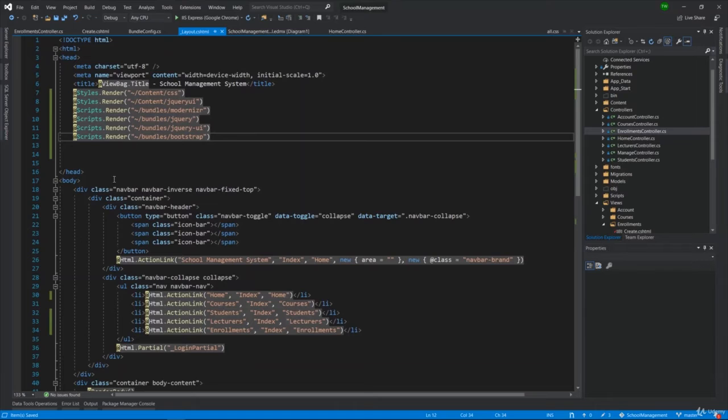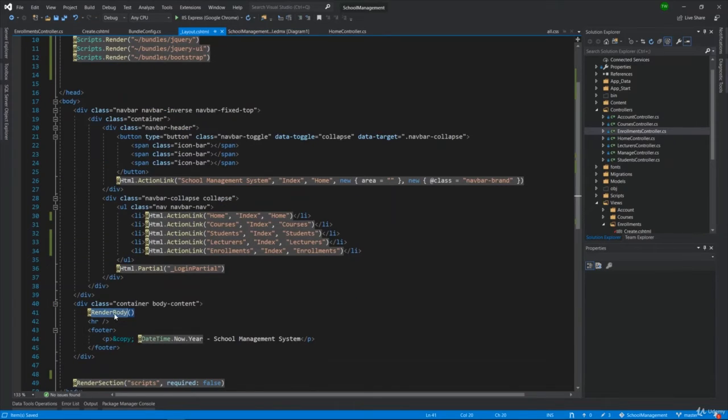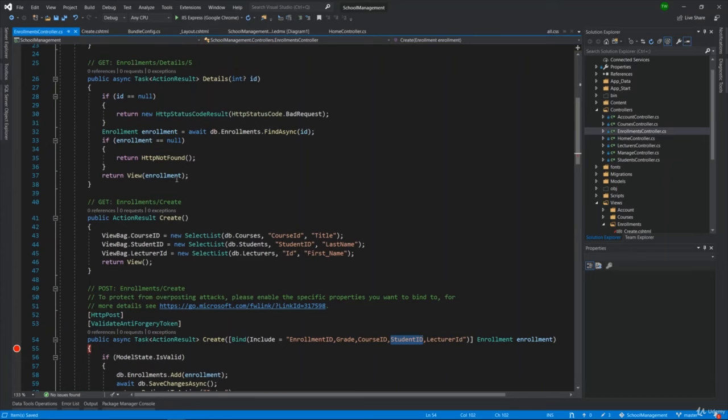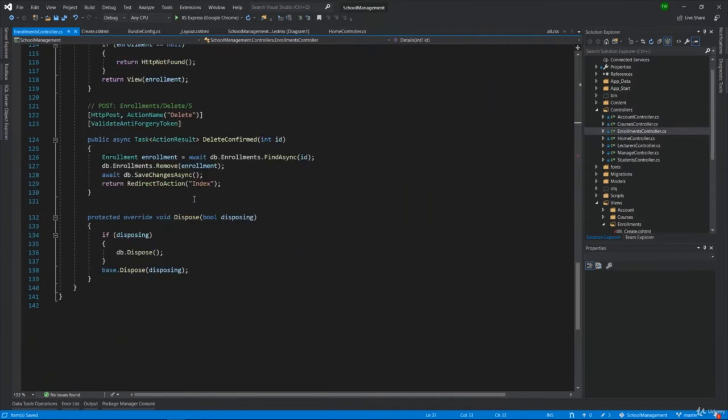and then by the time everything would have been rendered and it gets to the body or the view, remember the view gets rendered there, and in this case this is the view, then this script would have already been taken care of in terms of what prerequisite libraries it needs to reference in order to do the autocomplete and the jQuery functions. Now that I've done the JavaScript portion, I'm going to modify my controller and add the action,